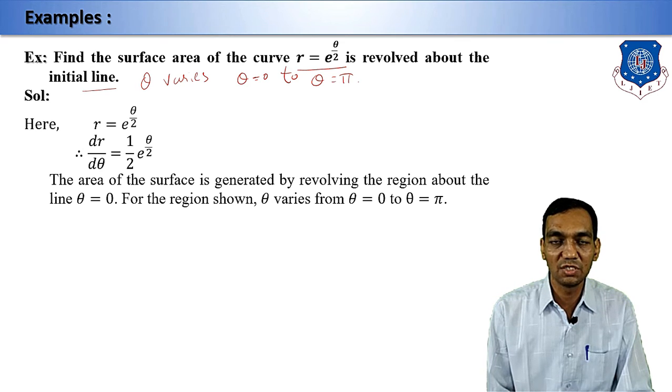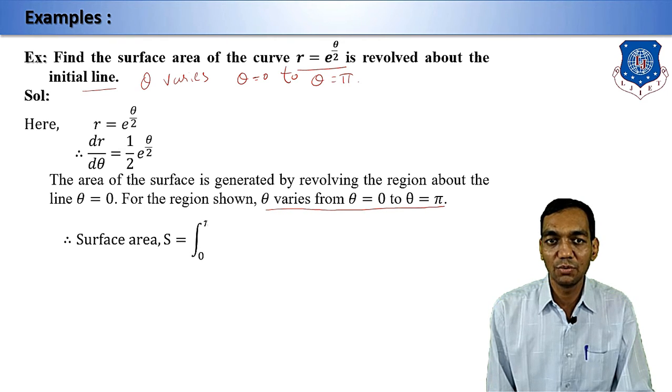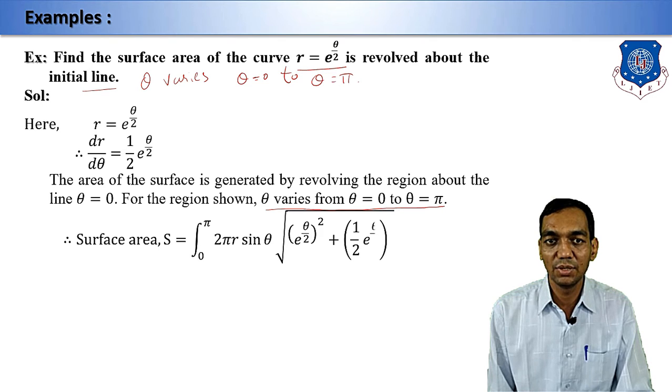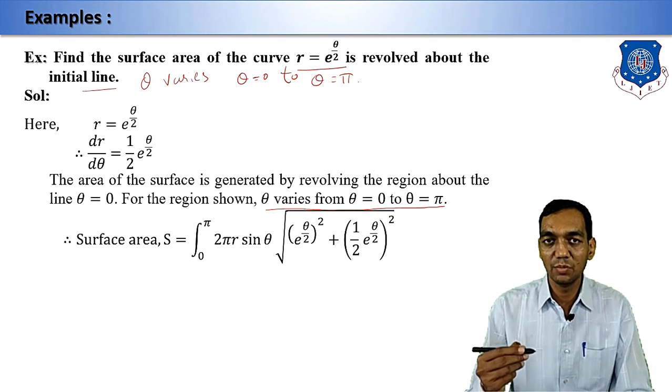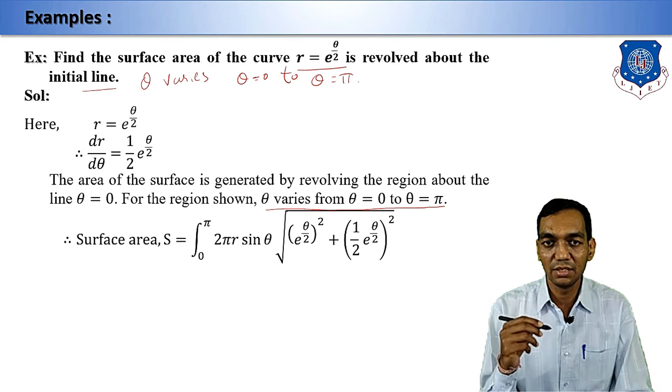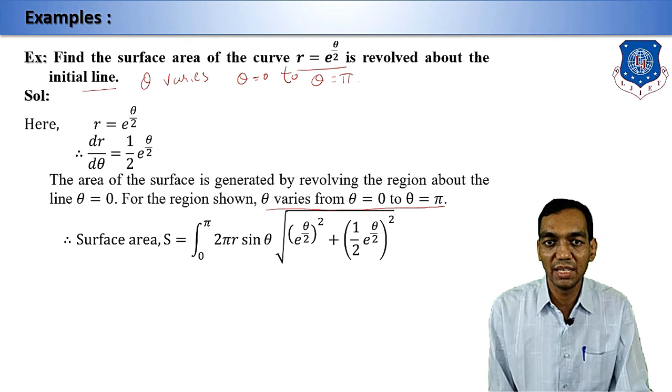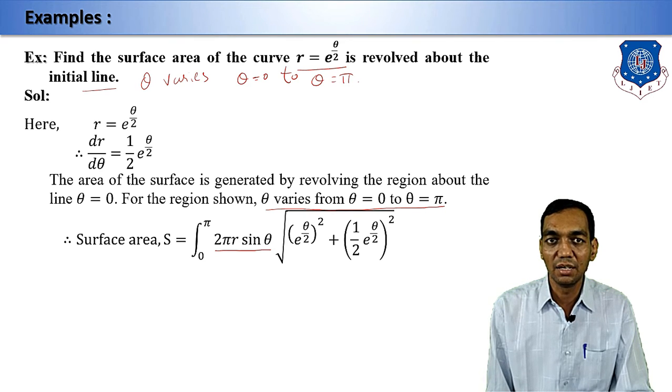See, it must be given in an example. So here we are going to take theta varies from theta is equal to 0 to theta is equal to pi. So if we are going to find the surface area, then S is equal to integration 0 to pi. And you are rotating about the initial line, that means the theta is equal to 0 line, then you will have r sine theta. So 2 pi r sine theta under root of r square plus (dr by d theta) the